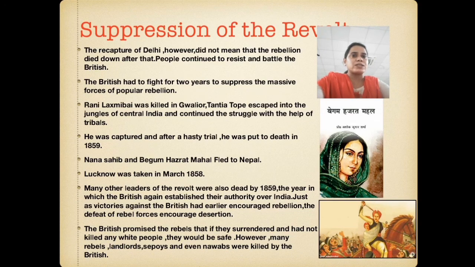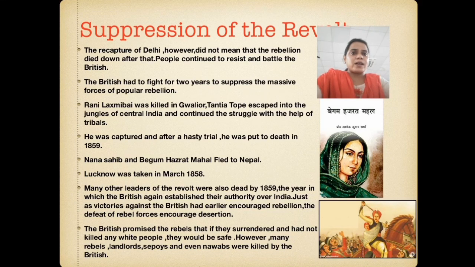Rani Lakshmibai was killed in Gwalior. Tatya Tope escaped into the jungles of central India and continued the struggle with the help of the tribals. He was captured and after a hasty trial he was put to death in 1859. Nana Sahib and Begum Hazrat Mahal fled to Nepal. Lucknow was taken in March 1858. Many other leaders of the revolt were also dead by 1859, the year in which the British again established their